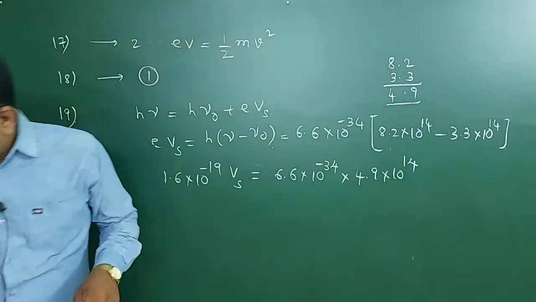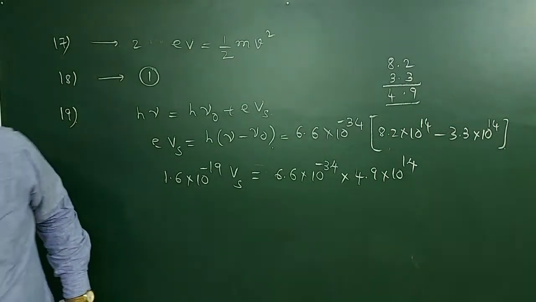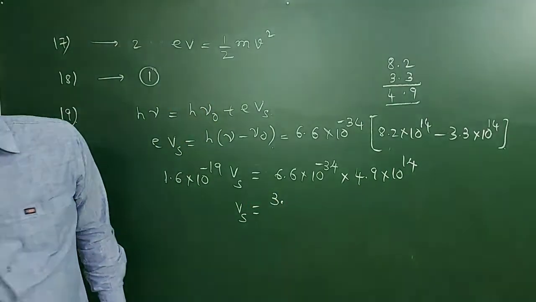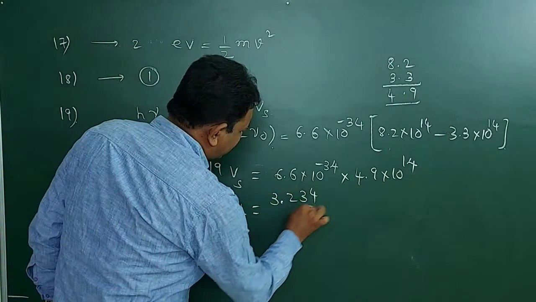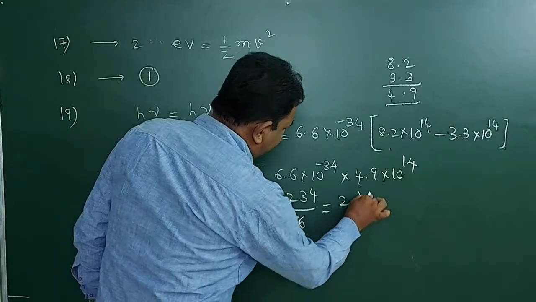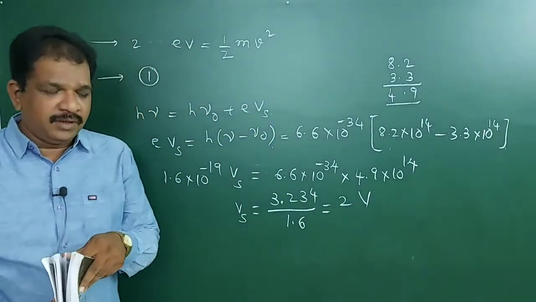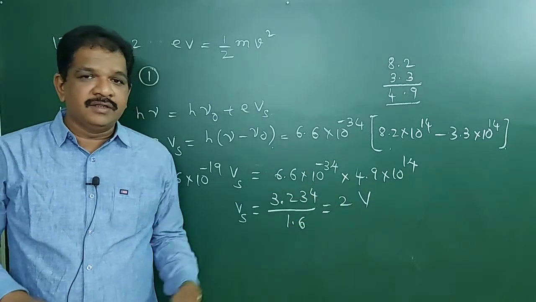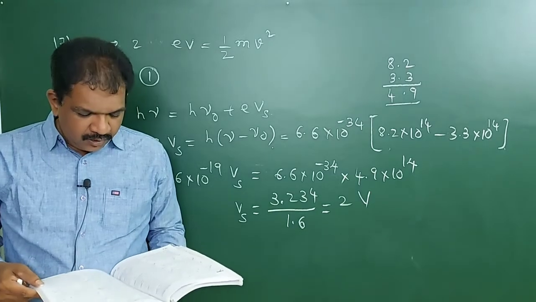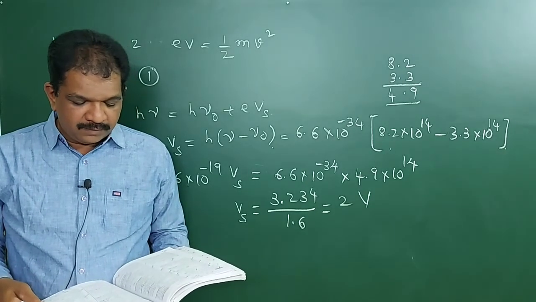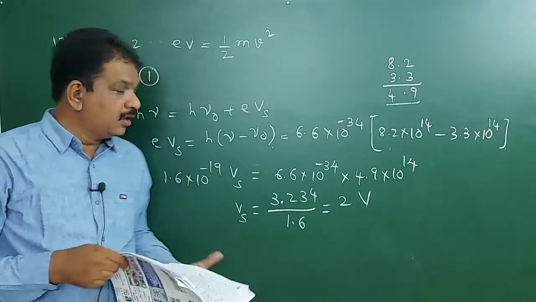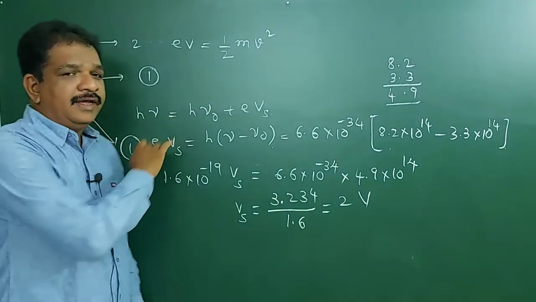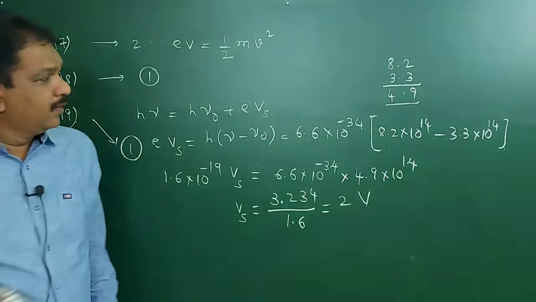After calculation, finally we will get Vs is equal to 3.234 by 1.6. Approximately 3.2 by 1.6 means 2. Approximately that value will be 2 volt. So the option for this will be 19, first option. Clear? Simple problem only. This is Einstein's photoelectric equation. Next,